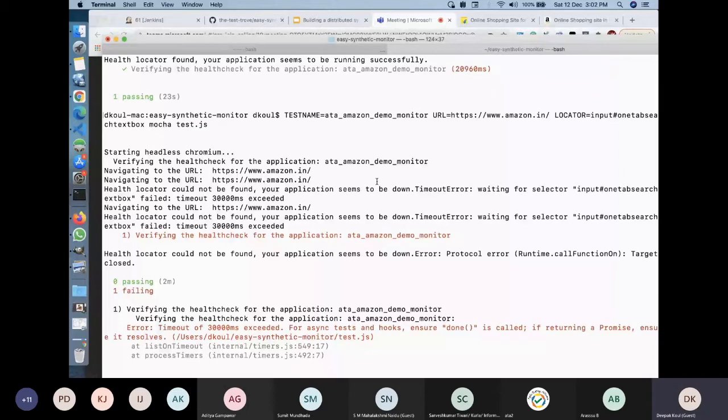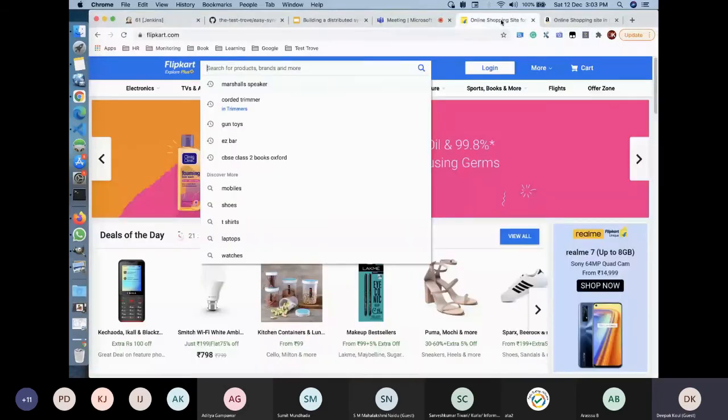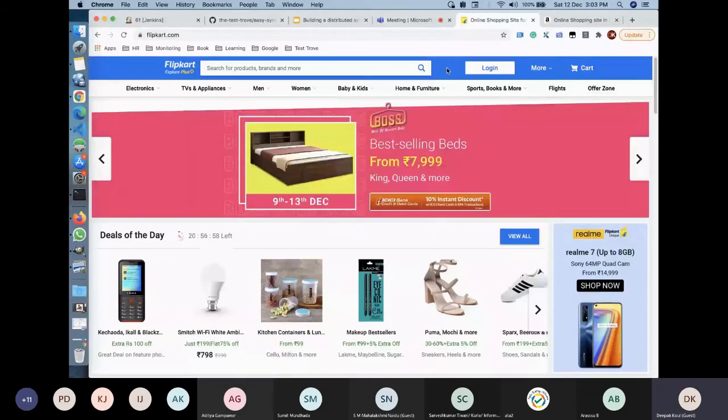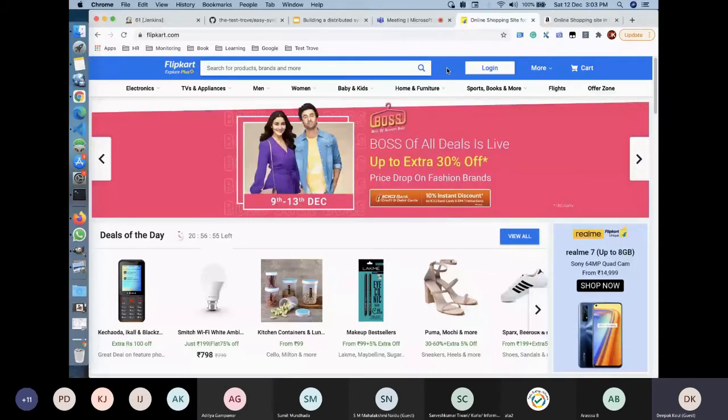Okay, and the third thing is about authentication. So we are doing it on Flipkart, right? Most of the enterprise applications which you and me test are not as simple as just a public website, right? Or an e-commerce website. Maybe some of you are testing e-commerce websites.